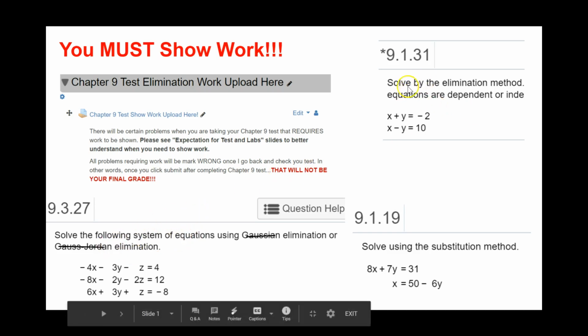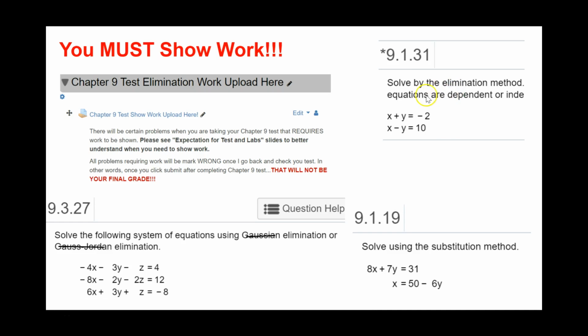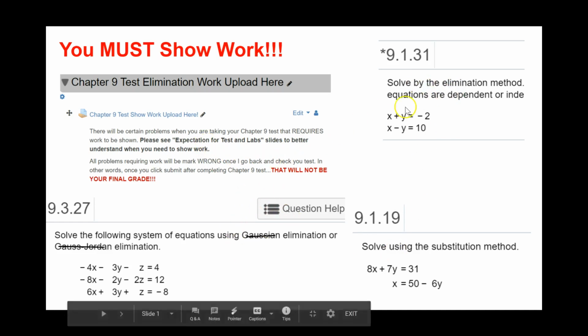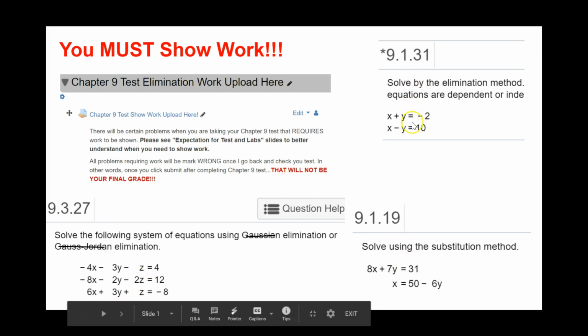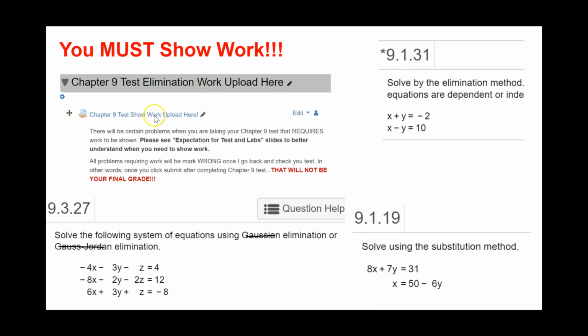So basically, when the problems look like this, solve using the elimination method, solve using the substitution method, solve using, I do not know how to pronounce this name, so we're just going to say GGJ. Anytime you see this GGJ directions, you're going to be using the elimination method that we discussed in 9.2. So if you see these problems on the test, on a separate sheet of paper, you need to work these problems out, show the work, and then you can click this link right here and submit your work